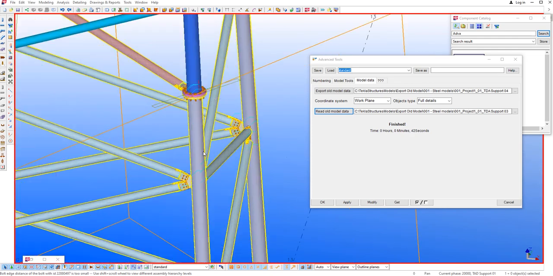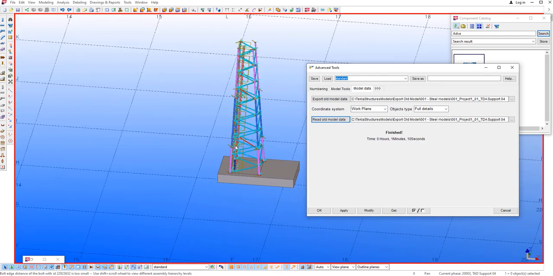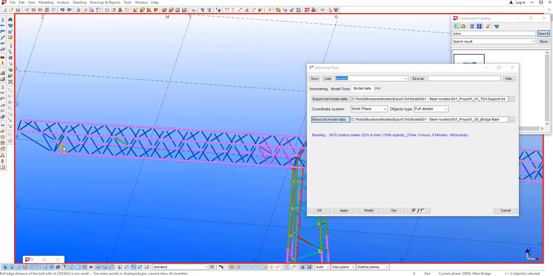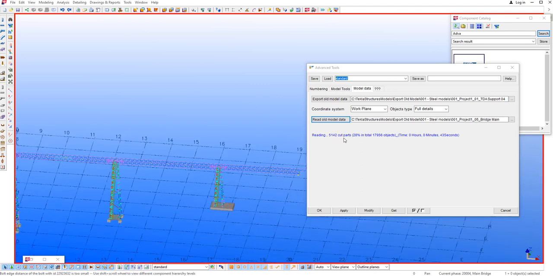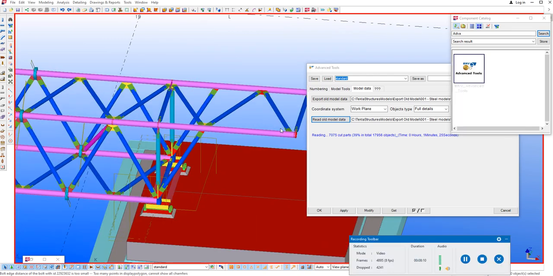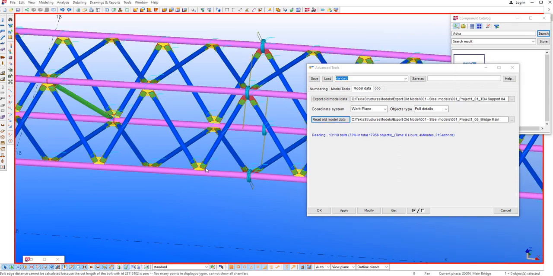Yes, that's very nice. Now the 3D Support 4 has finished. Now the main brick: first we read the beam, poly beam, plate and net for the cut bar. You can see the status on the model when the tool runs. Currently the tool is reading the cut bar for our structure inside the data file. That's very useful for you to review the structure or combine the model together after it finishes.